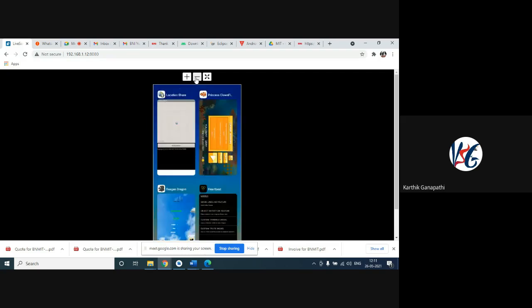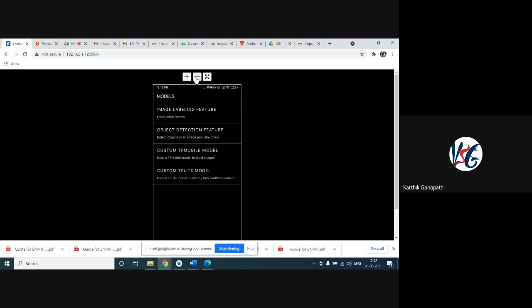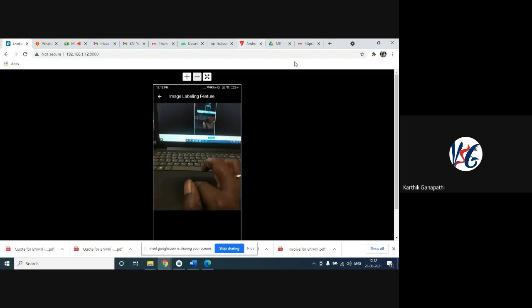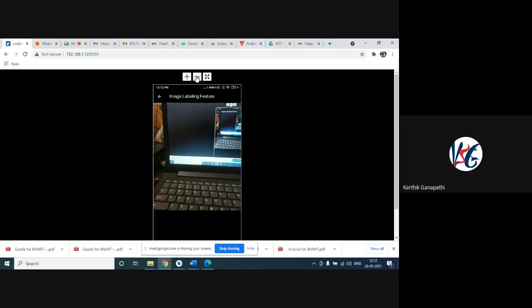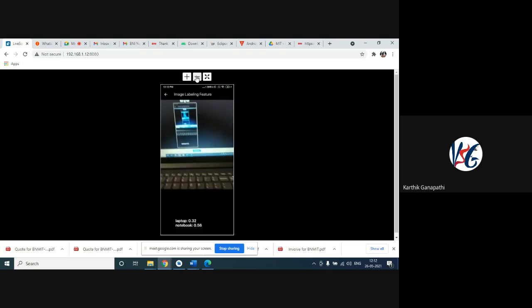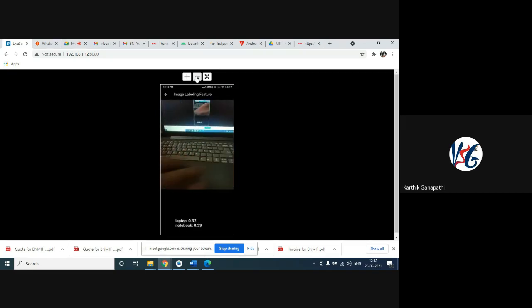Now you can see the modeling part. If I click on the image labeling part, I'll zoom out. Now you can see it is automatically detecting. It is a laptop. If I place this to my watch, it shows magnetic compass. By default it will take the objects. As I told, this was an application built for a robotic company, using artificial intelligence. Whatever is in front of the camera, it will automatically fetch the object.